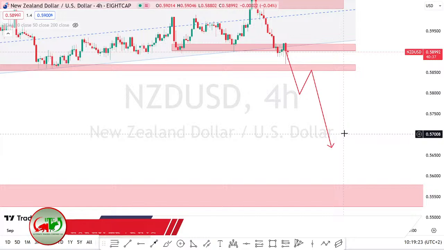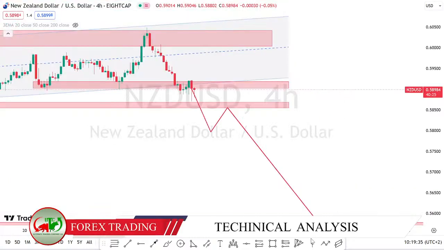If you are a conservative trader, you should consider waiting for this market to continue higher to this middle line or this resistance of the consolidation of the bear flag, and then you could look for selling opportunities over there. A break and retest of these areas of value also could be nice sell opportunities. This is how we are going to trade New Zealand USD.